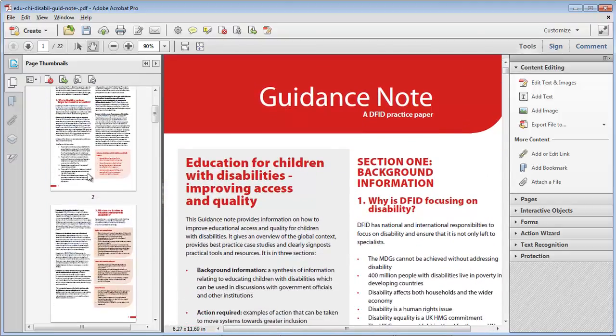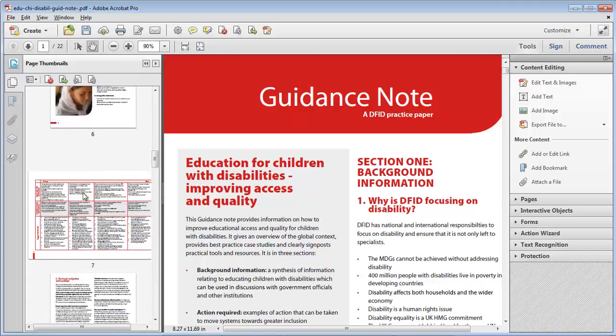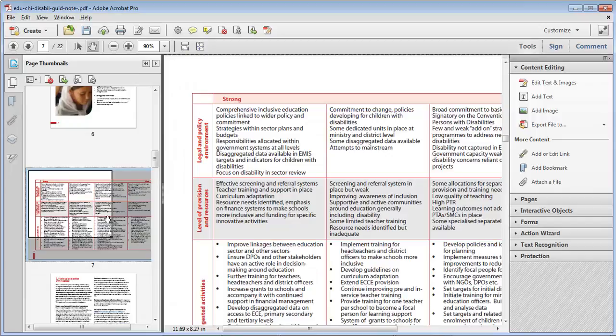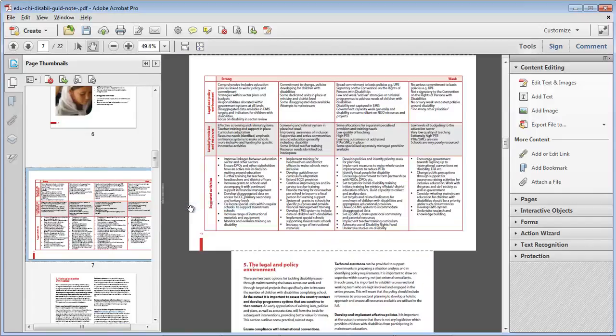It's also possible as you scroll down the document that you may find there are various pages, and we can see there's a page here that we worked on before, and if I just use the menu here to zoom out and fit the page level in, we'll see the whole page in the document. I rotated that page, and I can further manipulate that if I want to,